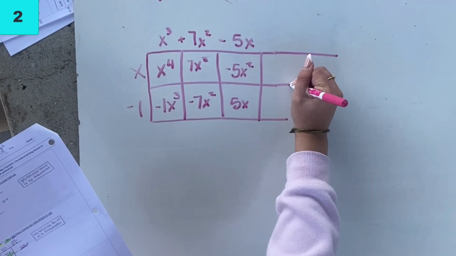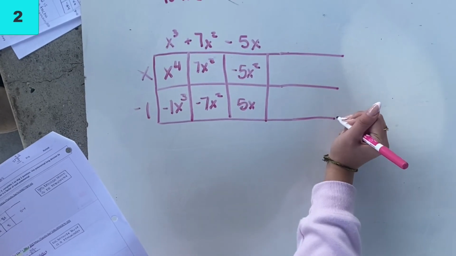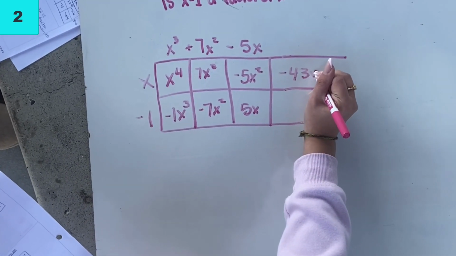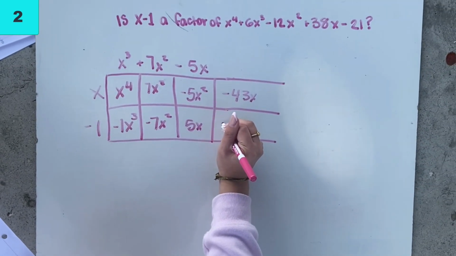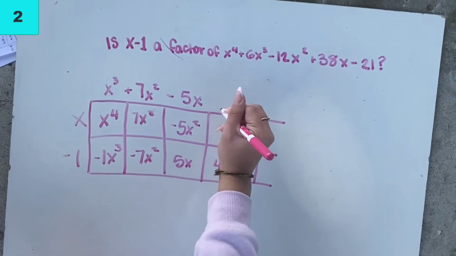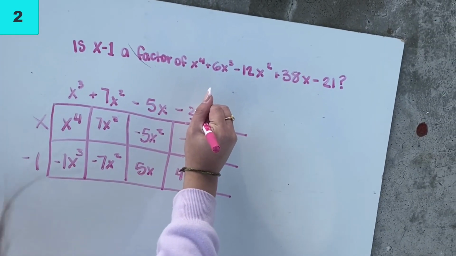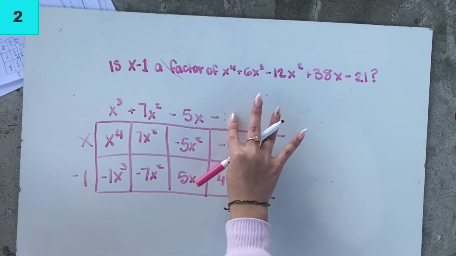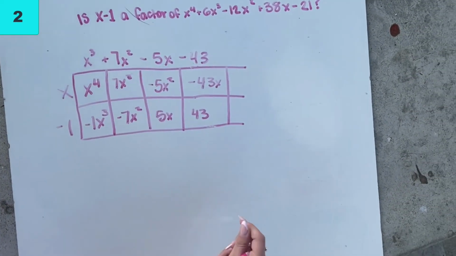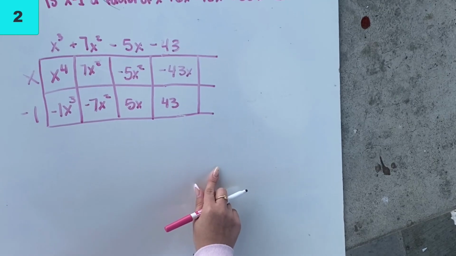And then for the next one, I got negative 43x, and then 43 here, which gave me negative 43 at the top. And then this is when you get to your last term, you need to find the remainder,